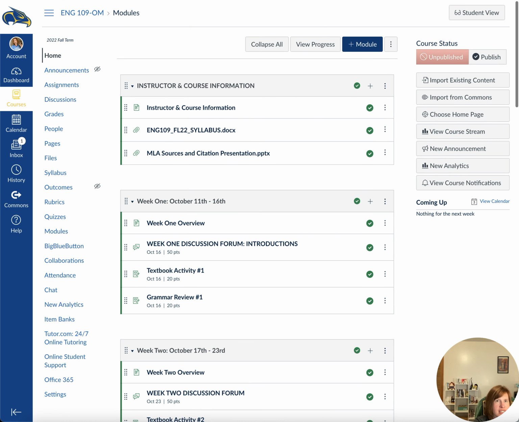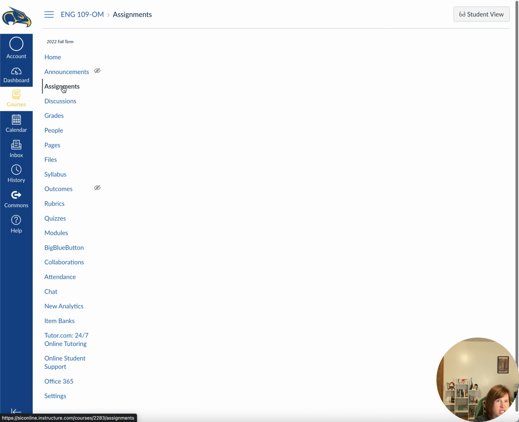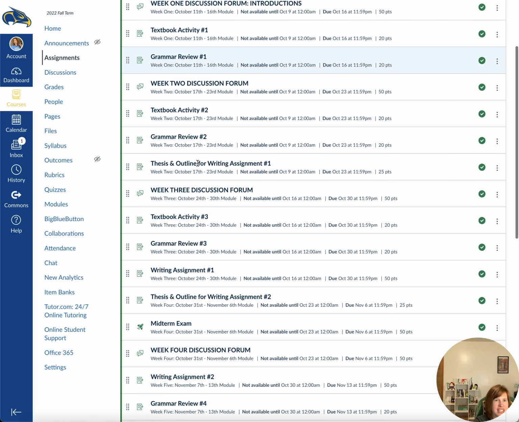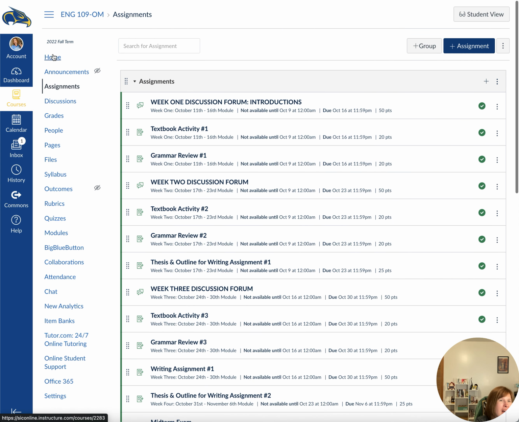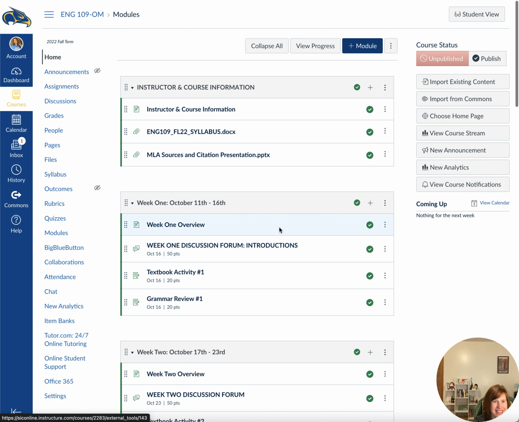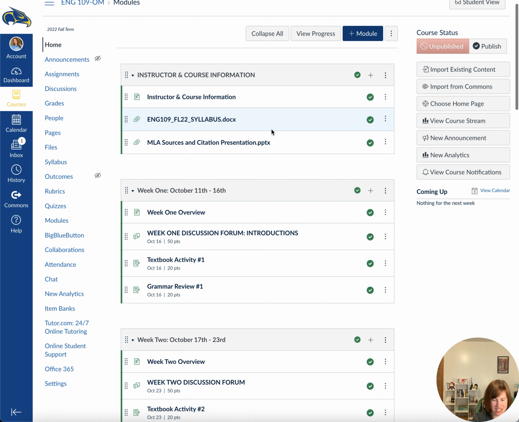If I click on the grades page, you can go to assignments, but I don't like this page because I'll show you what it looks like. It's just all the assignments in a list. That bugs me to death. I'm like, nope. I like it all to be organized like this. This is much easier for me to look at as a teacher, and would be as a student, than that giant entire page.